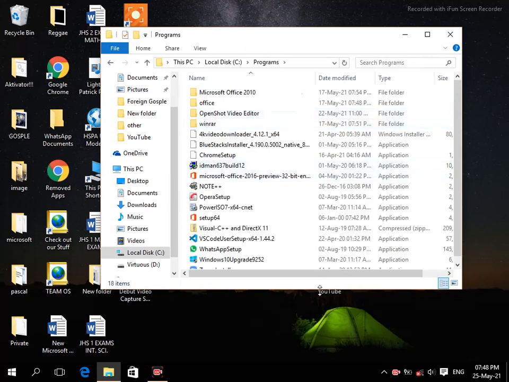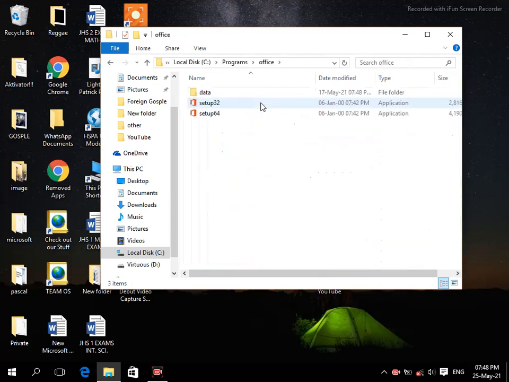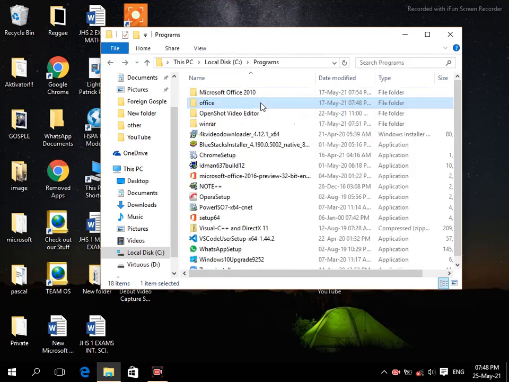I have Microsoft Office 2010, Microsoft Office 2016, OpenShot video editor, WinRAR, Opera setup and whatsoever. More applications here, so that is my application files. Now I am going to select the Microsoft Office 2016. That is what I want to install, but Microsoft Office 2010 is also occupying the space of 656